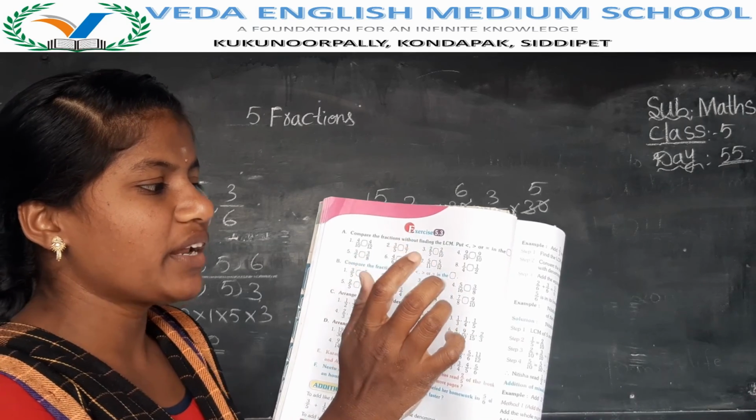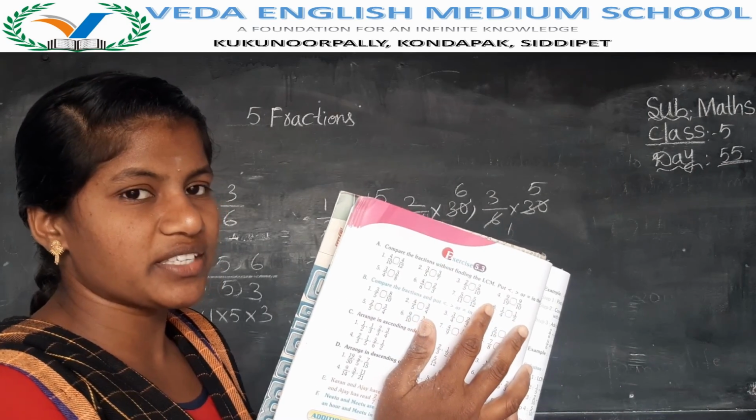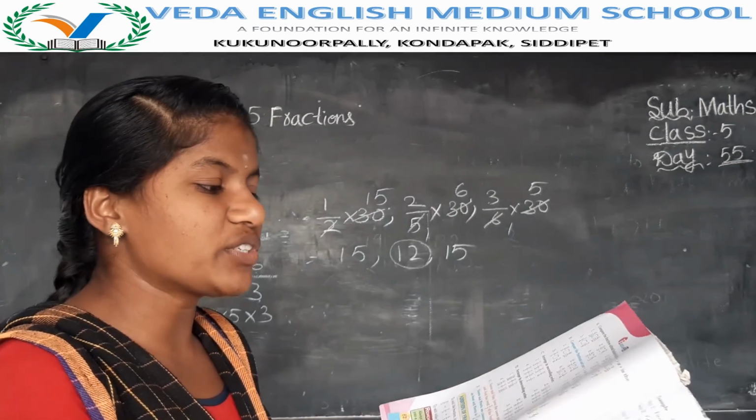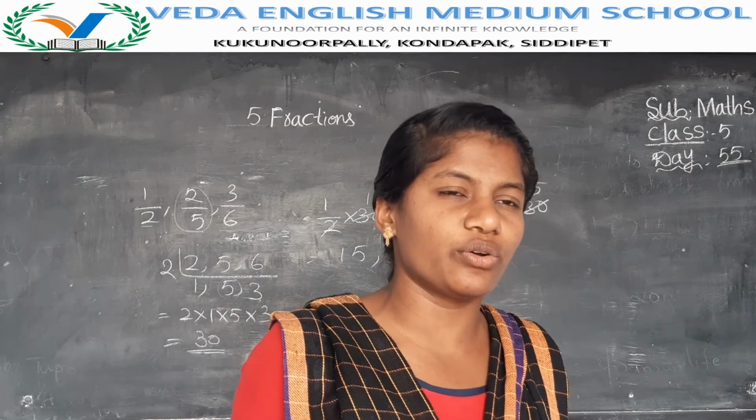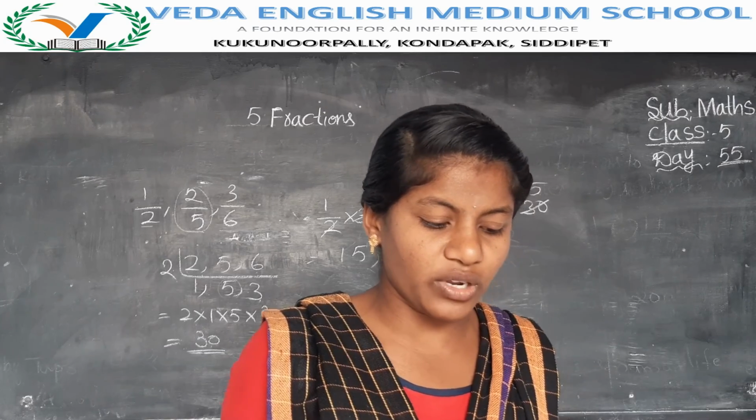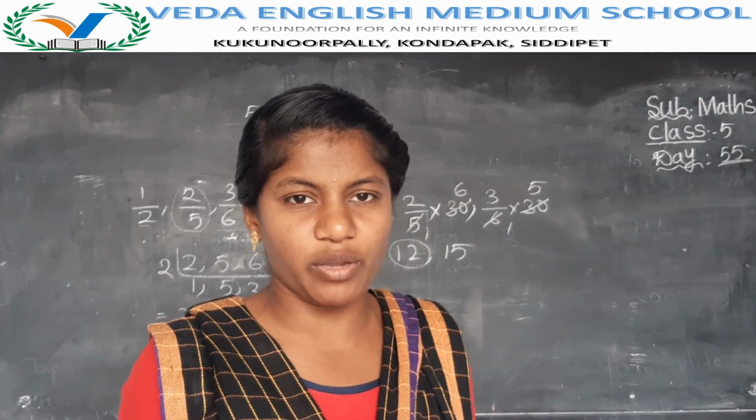Like this you have to compare and complete this 5.3 exercise in textbook. If you have any doubts up to here, make call to me, ask me and I will explain again. In the next class we will go to how to convert like fractions into unlike fractions and then we will complete exercise 5.3. Okay children?